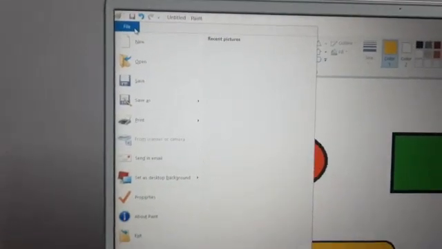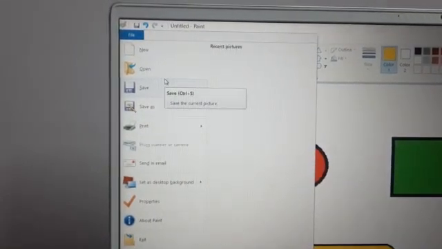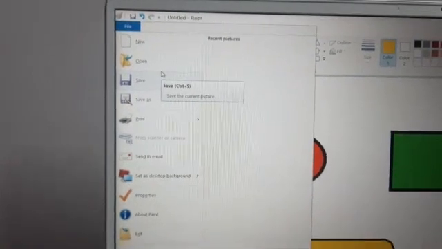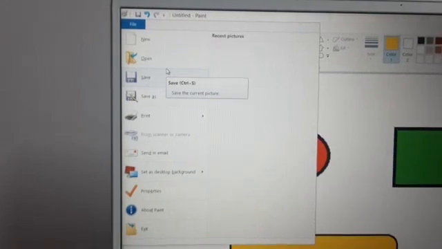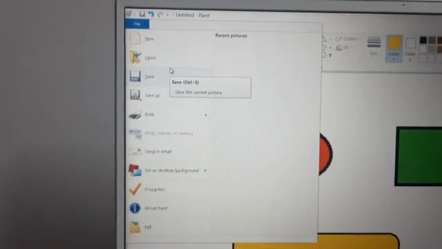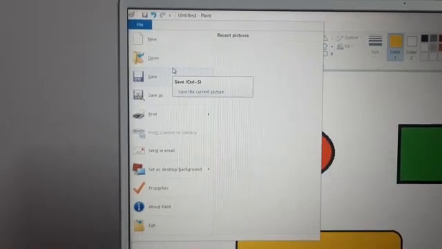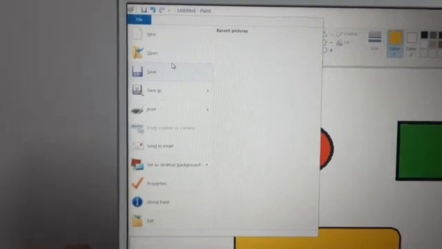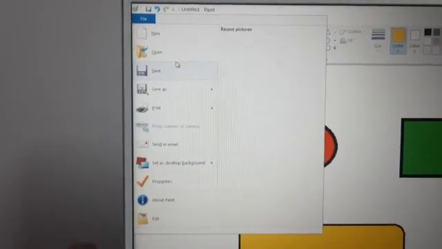When you click on it, the second step is you will choose whether you want to save your image or whether you want to open your image. Right now, first we are learning how we can save our image. So I will click on the save button. Alright, the first step is to click on file button, and then the menu will appear which is known as file menu. Alright, in this we will select the save option. So we will click on save option and the save as dialog box will appear like this.